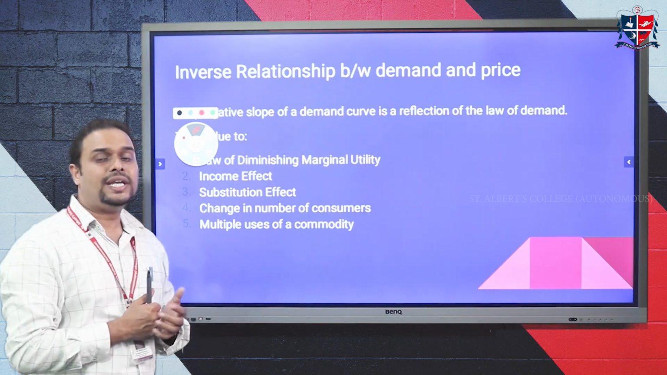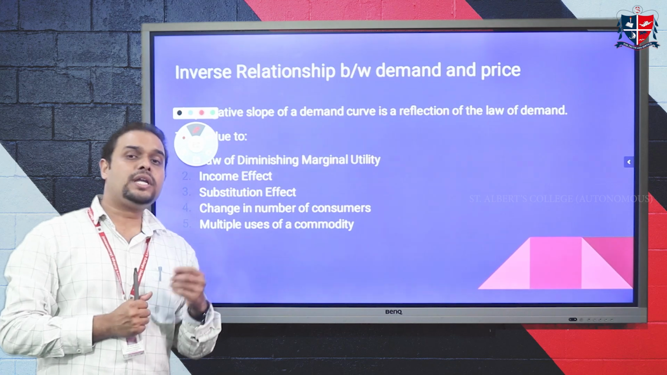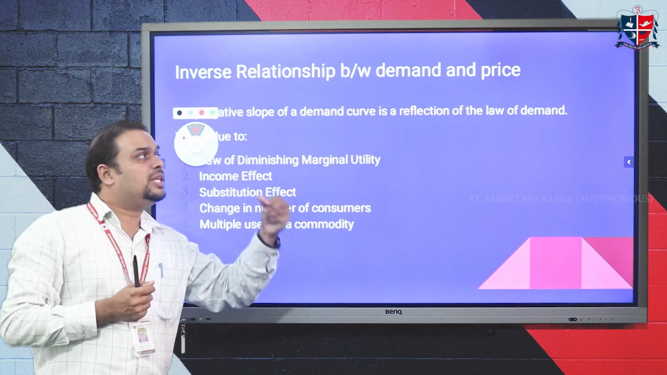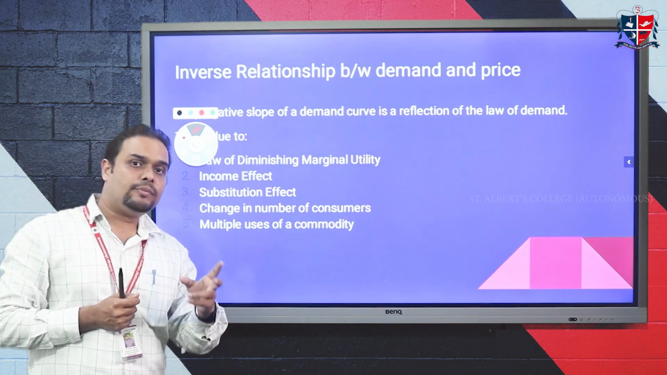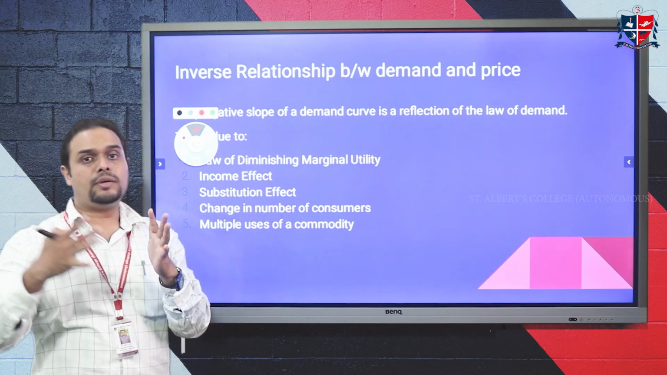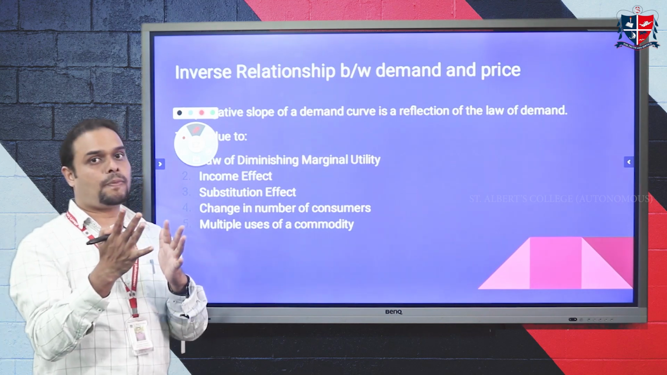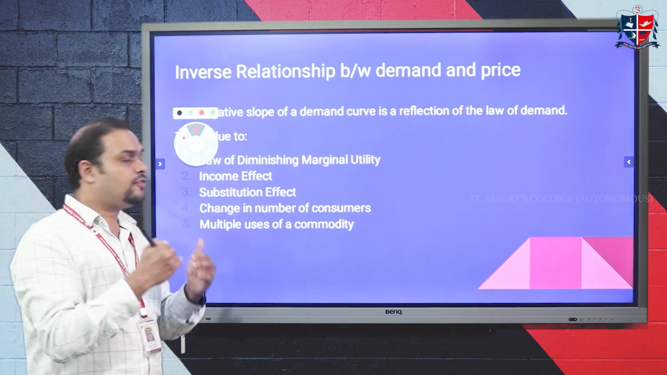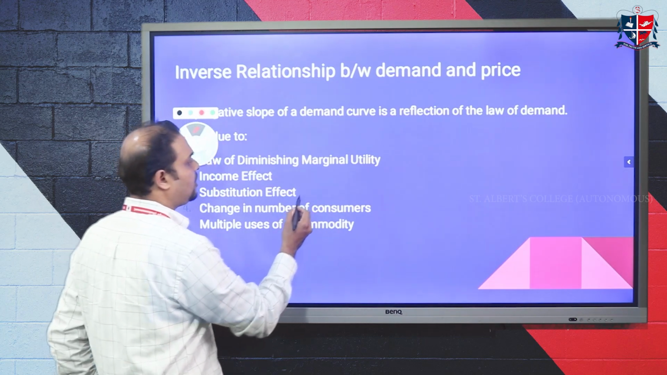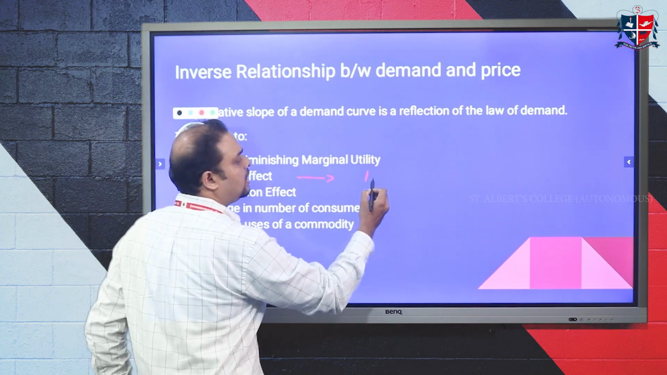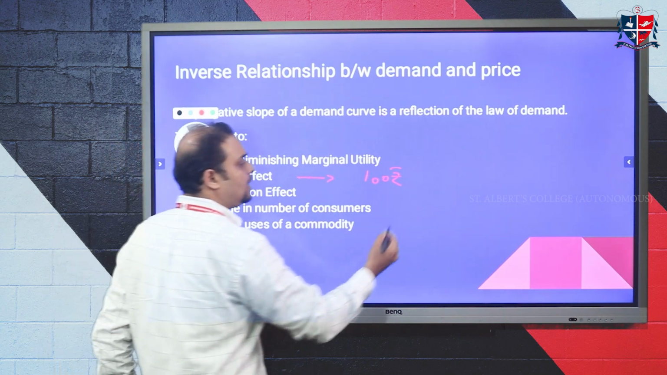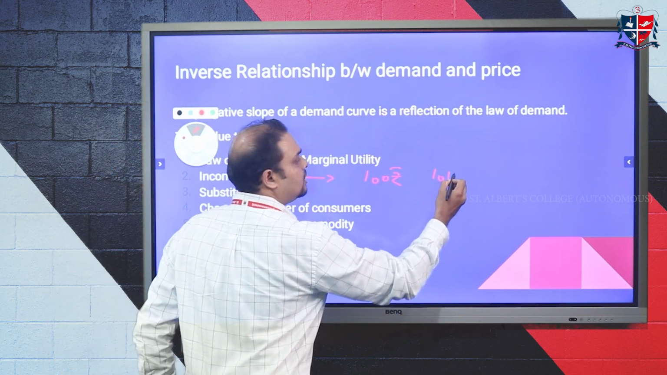The second thing is your income effect. Income effect means, as we've discussed before, as income increases, the demand for products increases. But just assume you have only a steady income. I'm going to give an example here for the income effect. Let's assume a person has an income of 100 rupees, and he was buying, let's assume, 10 kgs